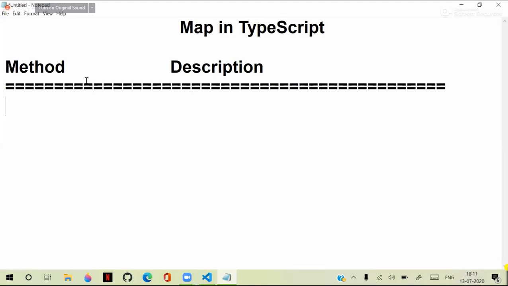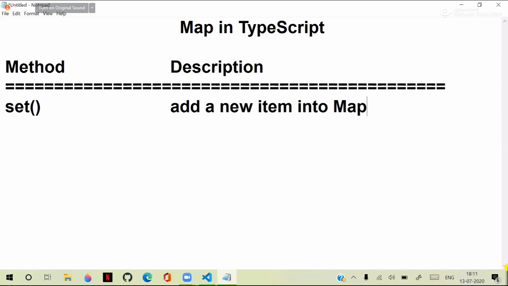Actually, map provides some important methods, like we have a set method. So set method is used to add a new item into map. So we can add a new item into map collection, right? And we have another method as